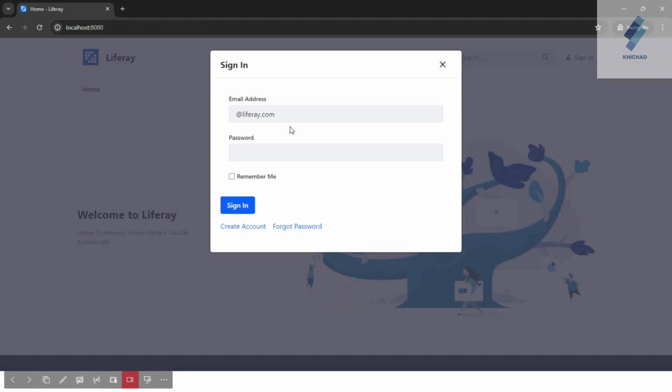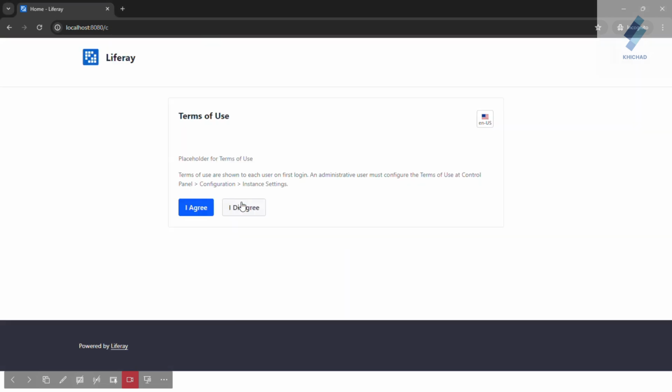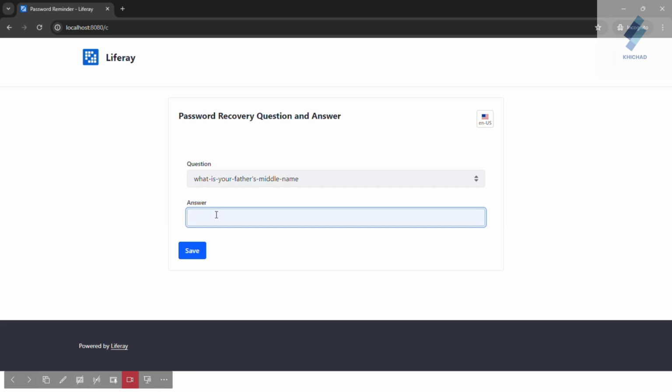Click on sign in and give this and the default password I set. Click on sign in. Now you can see your LDAP user successfully logged in. So first we need to give some necessary access for terms and conditions, agree, and give the security name.